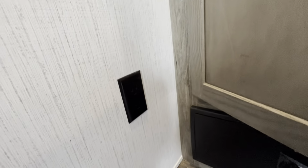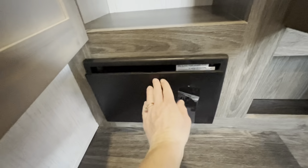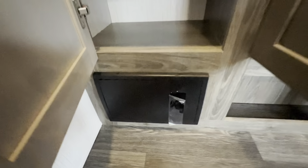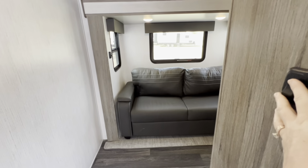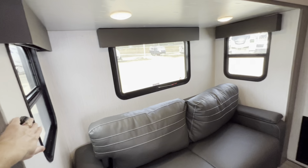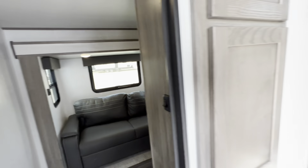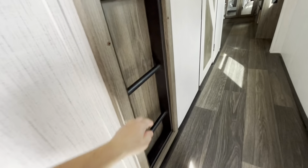We've got a good amount of outlets. And right down here, we have our breaker box. Nice and easy to find and accessible. We have our light switch right here, but you also got your light switch in the slide. So there's a little bonus spot, but moving right over here to the hallway, we have this ladder that can